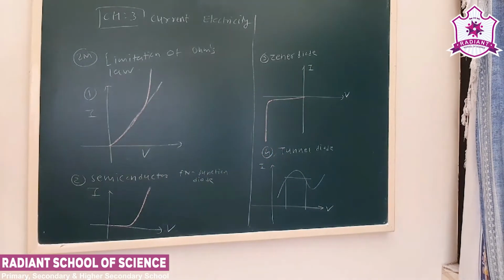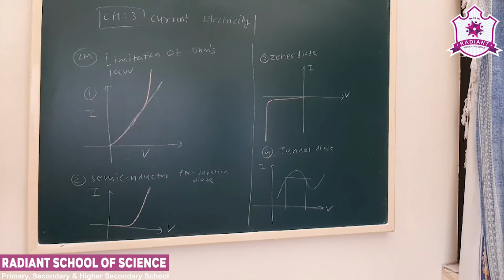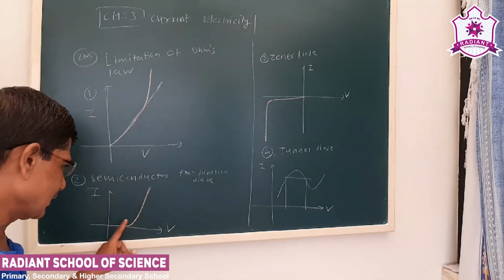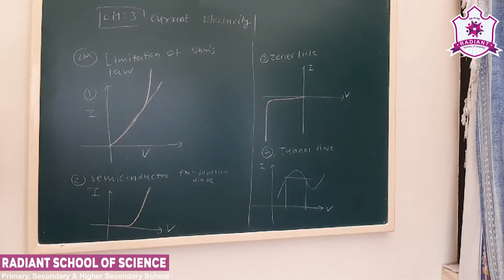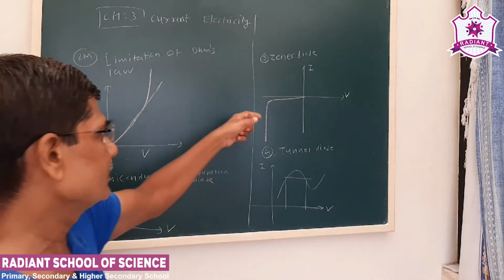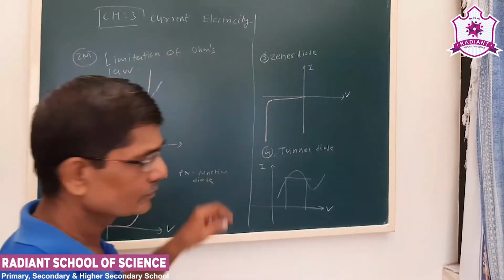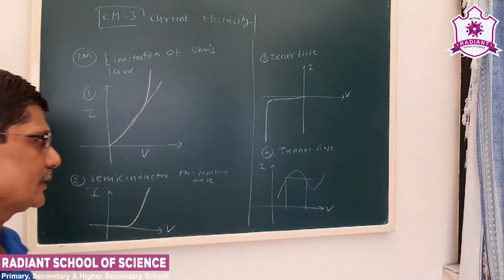Now, beyond a certain temperature range, there is a non-linear relation, so Ohm's law cannot be followed. Now see the PN junction diode: the current-voltage relation is exponential. There also Ohm's law is not followed. The same is the case for the Zener diode. And as I talked, there is a 1-1 relation between voltage and the current.